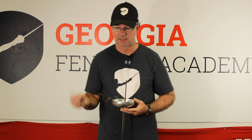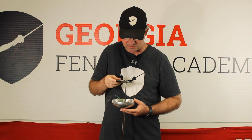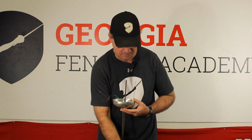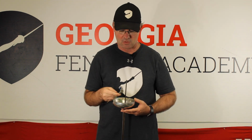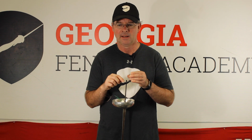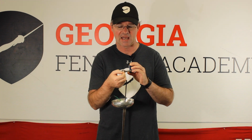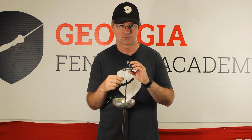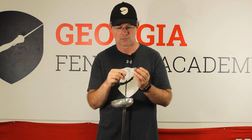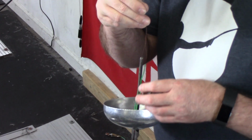Next, in order to add some stability, take the bell pad, of course the larger side facing out, and put the bell pad over the wire. But first, the socket. So the socket, this one has a rather neutral positioning here. It's just a square. The Absolute sockets have divots high and low for left-handed and right-handed. We're going to take this socket, feed the wires through the hole here, and then feed it down over the tang